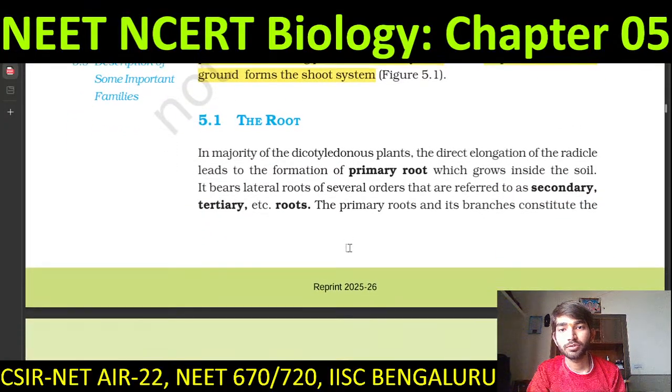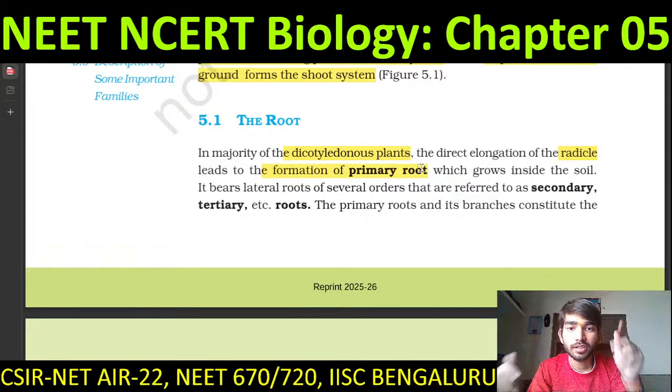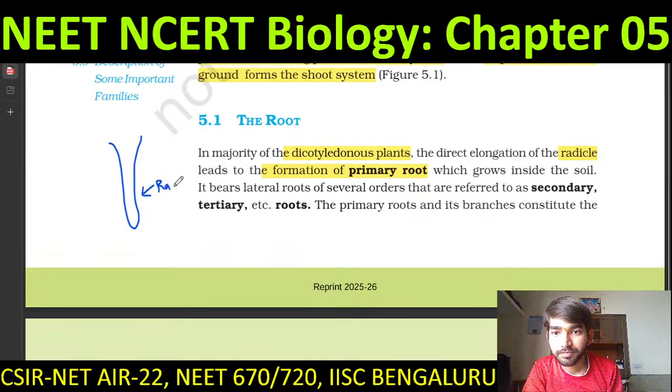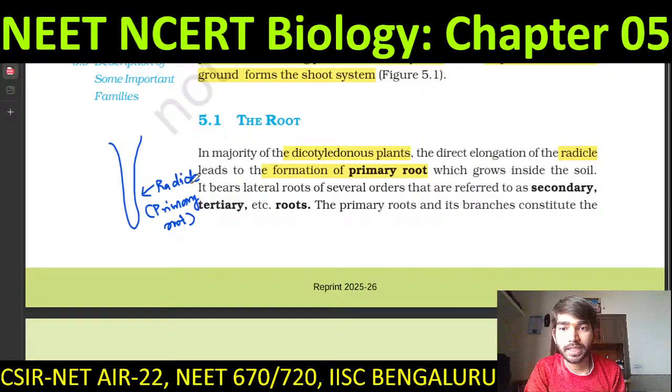So here is the root section. In the majority of the dicot plants, now this is important, the direct elongation of the radicle, a new term for you, leads to the formation of primary roots. So the dicots, I will draw it here. The dicots have this primary root, and this is coming out from the radicle. In the seed, there is a region called the radicle, and that gives rise to the primary root. So this you should know. What is the origin of the primary root? It is the radicle,